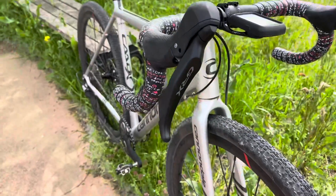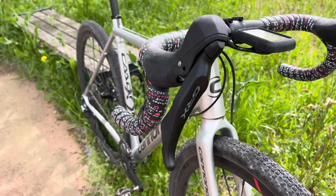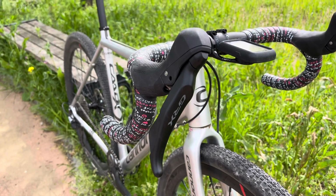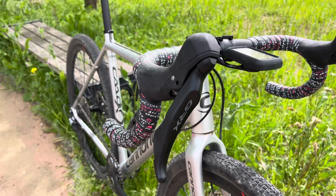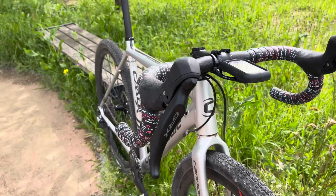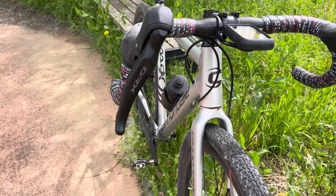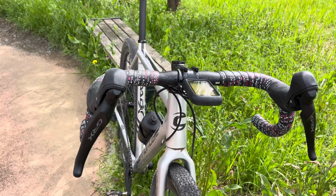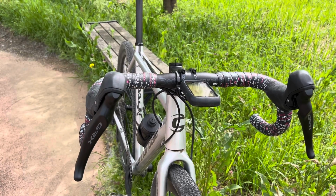I'm running CaadX now as opposed to 105, and remember it's 1x. So this is the CaadX 600, the old 11 speed. I bought it because it was on offer at the time and a lot cheaper than the new 12 speed one, so I bought that. So yeah, I was running that, and on this Cannondale I had a CaadX crank as well, because I had a Praxis bottom bracket in there to run 105 cranks before, but